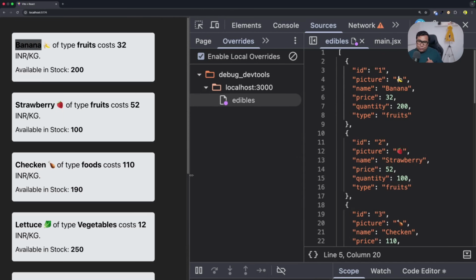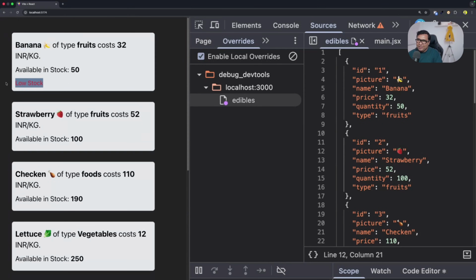The other case that I told, like your API is now giving all the available stock more than 100. But I have a use case from my PM that if it goes below 100, in that case show out of stock. Now I can go back to my backend team, API guy, and say, hey, can you give me some response which looks less than 100? But that guy might say, hey, I'm busy, I will do it later. Can you do it by yourself? Yes, you can do it by yourself, just by tweaking the quantity the way that you did it for the name. Make the quantity 50 and then save it and then refresh it, and you get low stock immediately